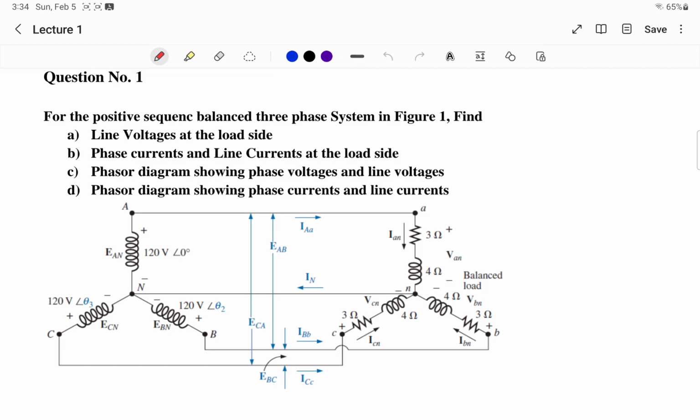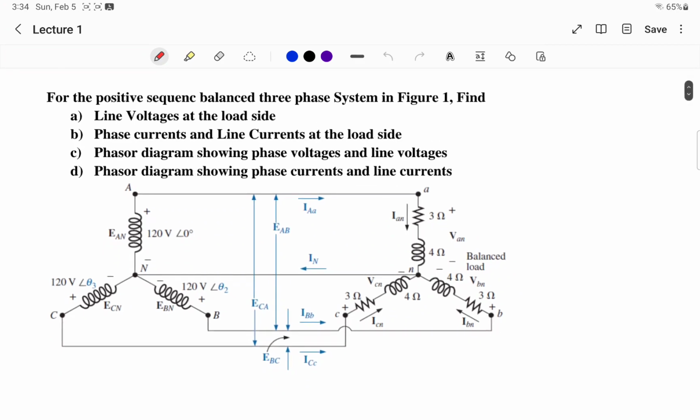There is a positive sequence balanced three-phase system in this figure. So what does this mean? Balanced three-phase system, all the loads are equal. And this is the source and this side is the load. Now the first is line voltages at the load side. The first part is to calculate line voltages,